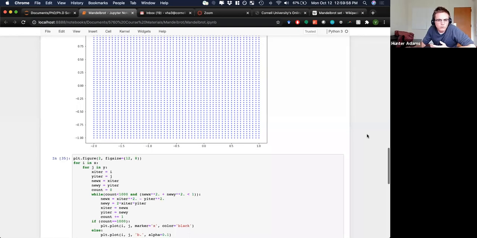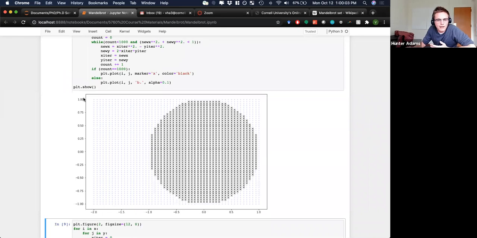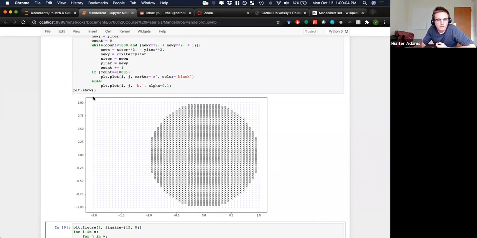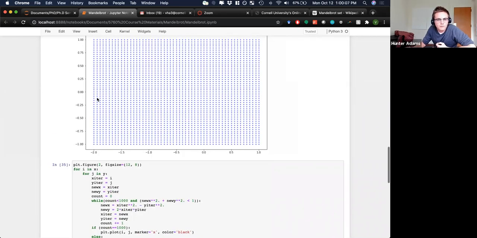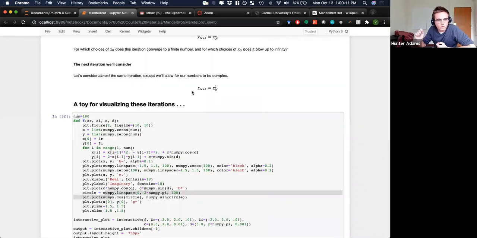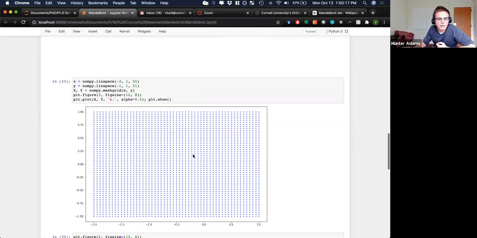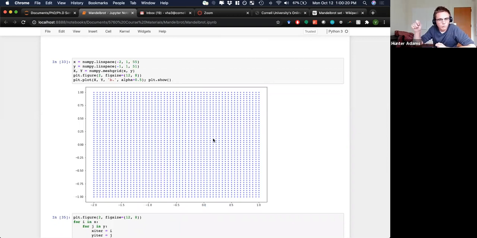So this should agree with your intuition. We've run this iteration, square it, square it, square it, square it, on every one of these test points up here, and the ones that converge, the ones that are stable, we marked with an X. The ones that blow up to infinity, we do not mark with an X. In fact, I made them a little bit transparent to